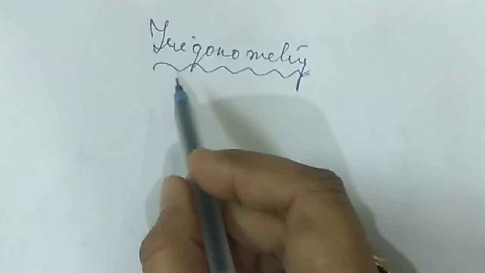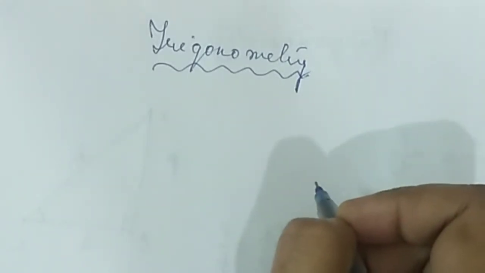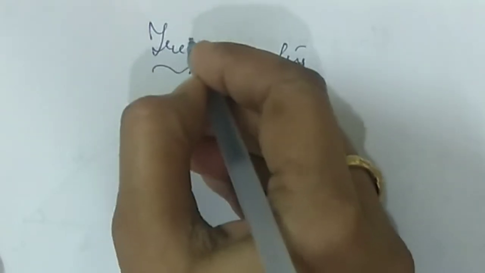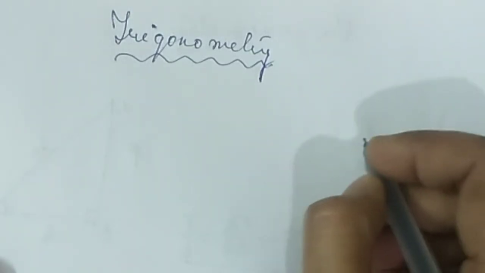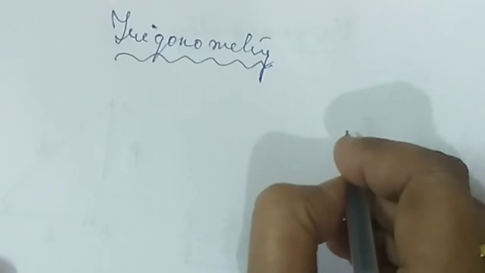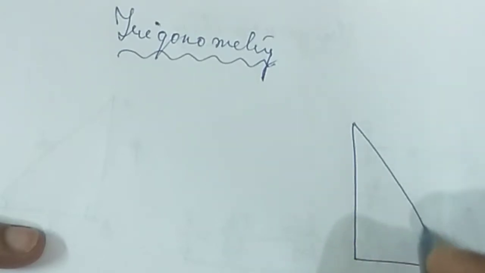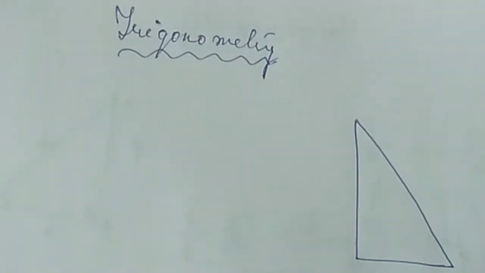Today I am starting chapter trigonometry of class 10. Here the trigonometry is basically used for finding the height and distance of anything like a tower, a building, a bird flying up in the sky, or a flight moving in the sky, at what height it is flying, to be found out. So it has many types of applications. It is used basically in a right triangle.